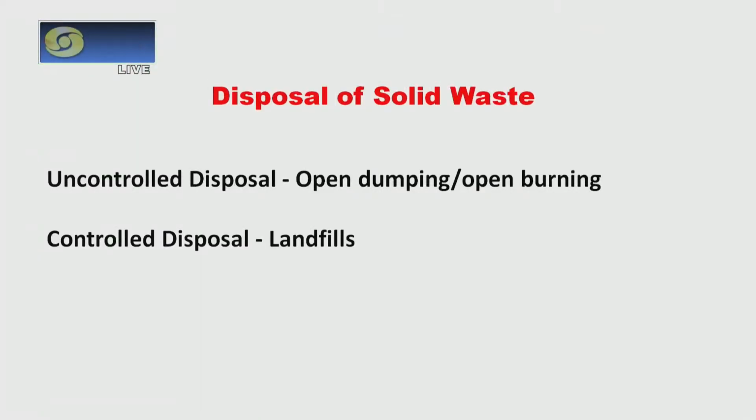So these are the various treatment methods. Now we come to disposal of the waste, how it is disposed. We have seen that in earlier times it was all uncontrolled disposal. Uncontrolled means there is no check, no sorting, no segregation, no transformation. As such, the waste is collected and thrown at the landfills. This is the easiest and very cheap method of getting rid of the waste for a city.